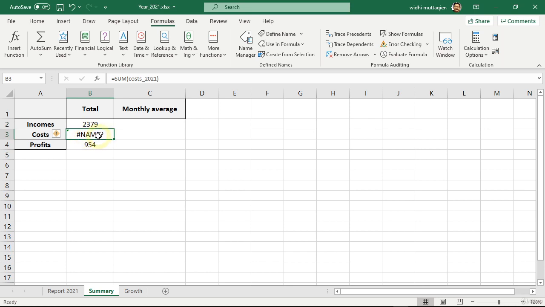This is because when we erase a name, that name will not be replaced by Excel with its cell address. So in conclusion, you can safely change the names, but you need to be extra careful when removing them. Because if you do, Excel does not automatically replace them and so will typically generate errors.